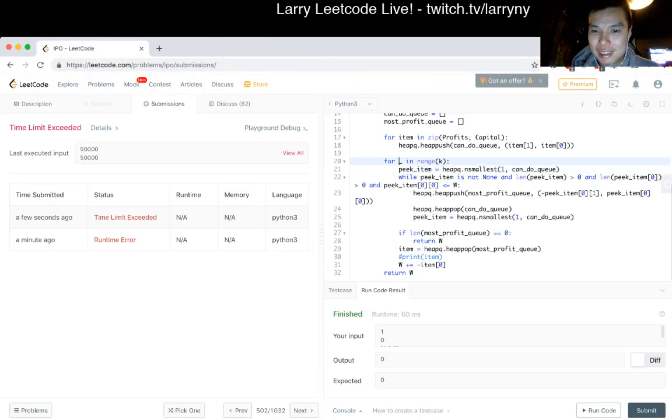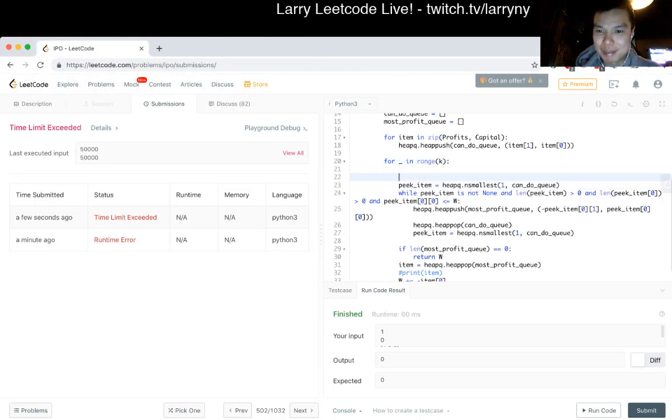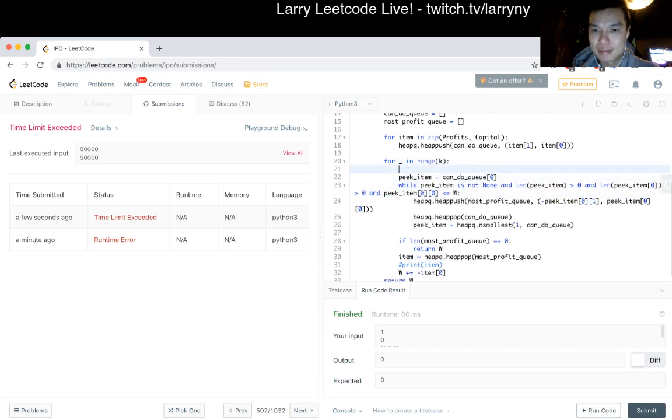So what happened was this is way too inefficient. In some language where you have a peek, you could actually just take the first item. I've been trying to use this as an abstraction, but I forget that we have access to the underlying data.